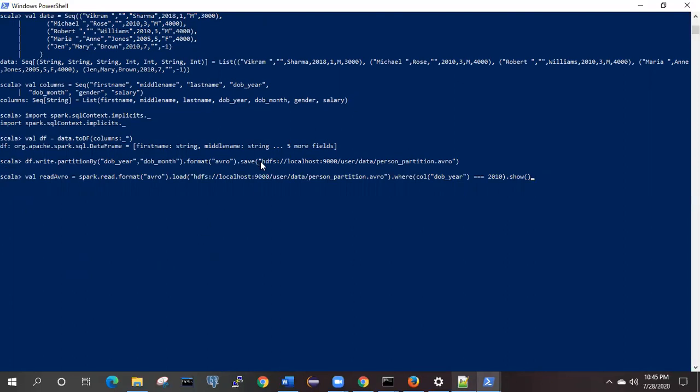This is the location, and we need to give the correct location, person partition Avro. This location seems correct, and you need to specify the where condition on the column, like date of birth should be equal to 2010.